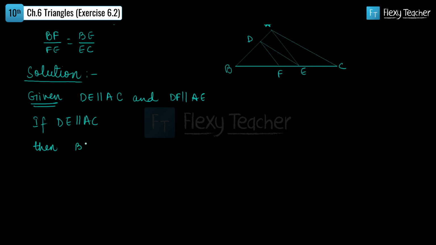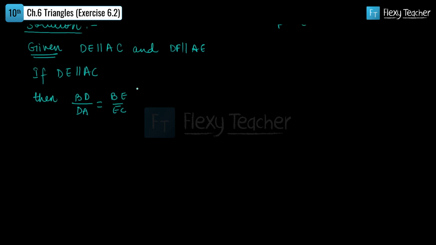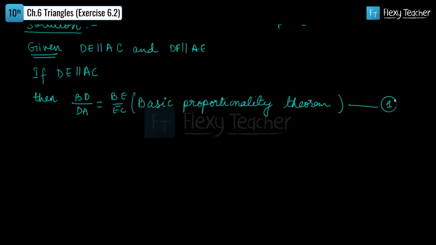This is because of the basic proportionality theorem, and this is number 1. Now, because DF is also parallel to AE,